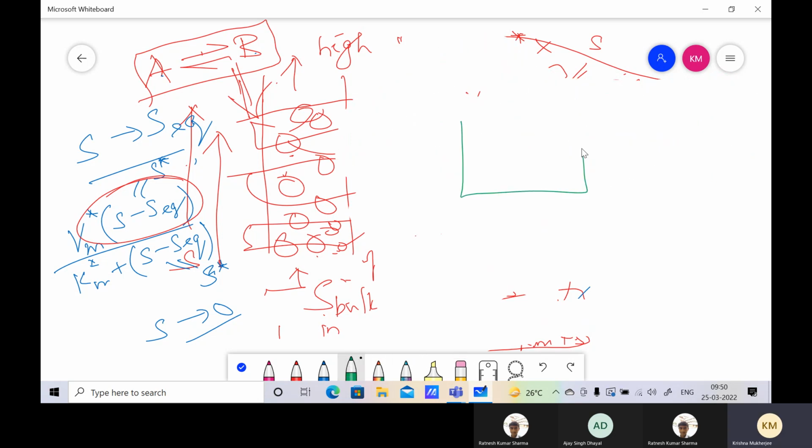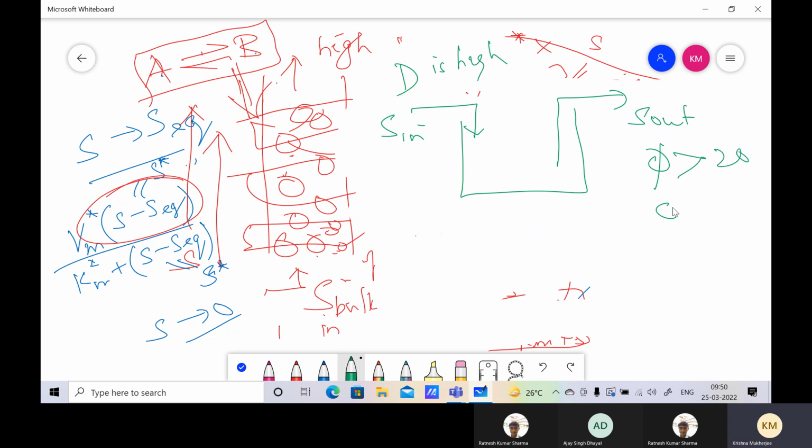मैं जानना चाहता हूं कि क्या हुआ ये CSTR में, हम लोगों ने उसको solve किया Km के terms में. But suppose the dilution rate is high, D is high, in which case S is high. S in, S out is pretty high. If S out is pretty high, then please remember that phi is no longer greater than 20. Maybe phi is greater than 2, in which case you can use the approximation,